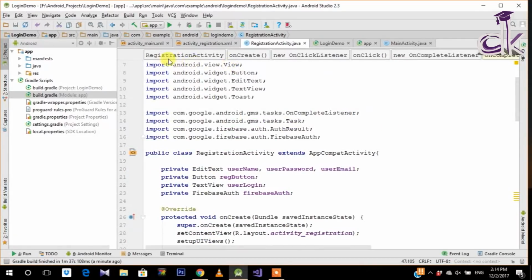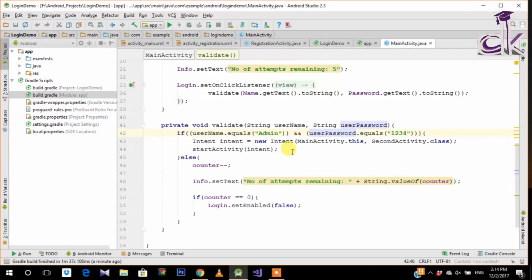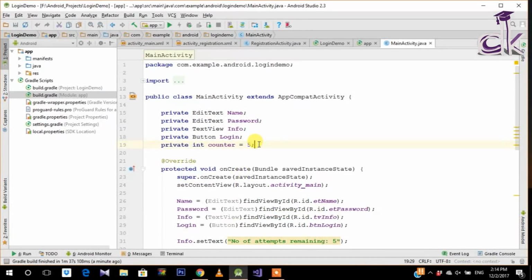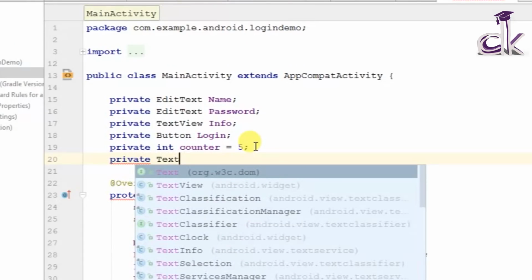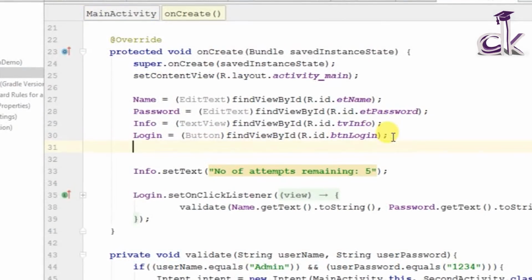So go ahead to our main activity, and we need to give the option for our user to come to the registration activity, right? So for that we need to private text view registration. We'll call this user registration, and we'll assign the IDs for it. So user registration is equal to